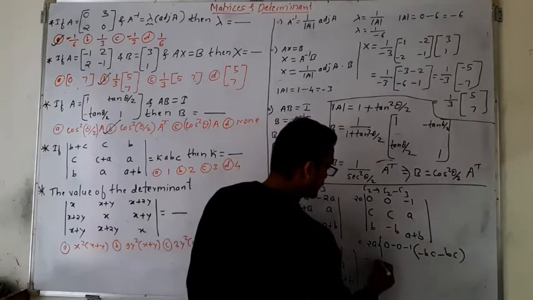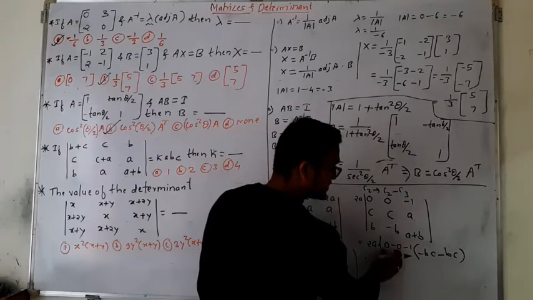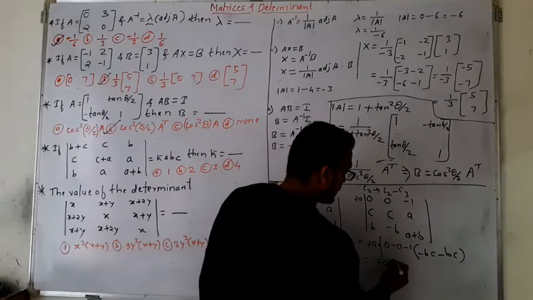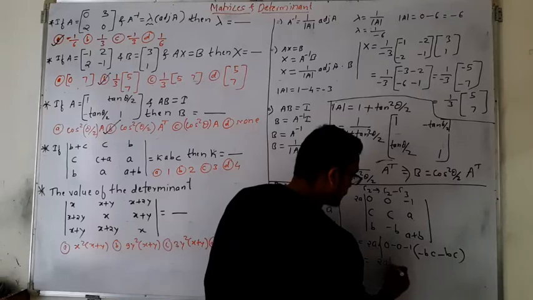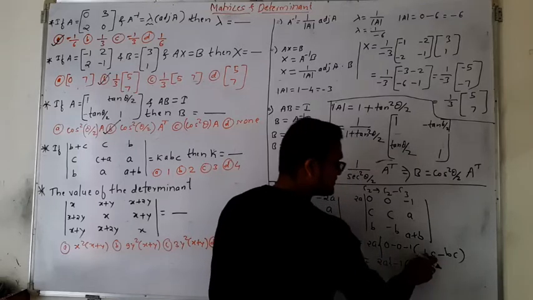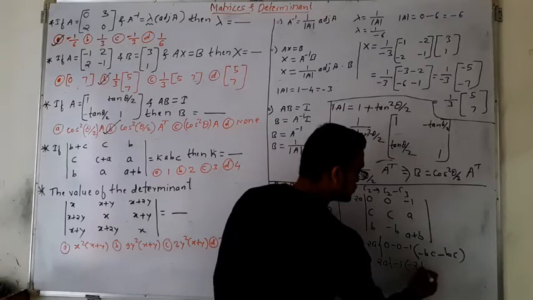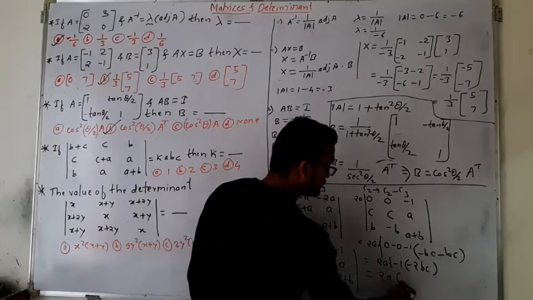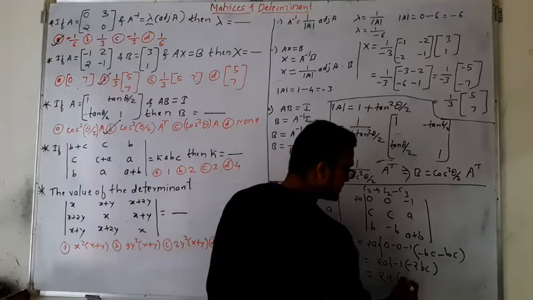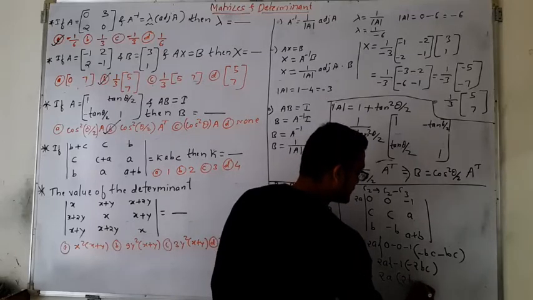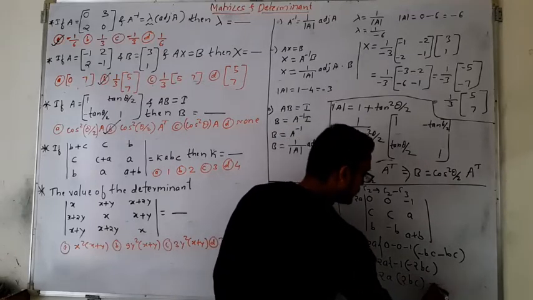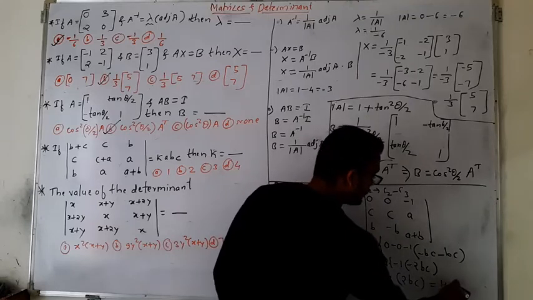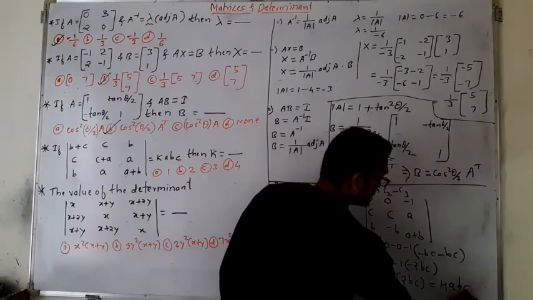Okay, so which is equals to 2A, this is 0, just leave it. Okay, and here minus 1 into minus BC is minus 2BC. Or which is equals to 2A into minus 1 into minus 2BC is plus 2BC. This is 2 to the 4. A into ABC, it is ABC.